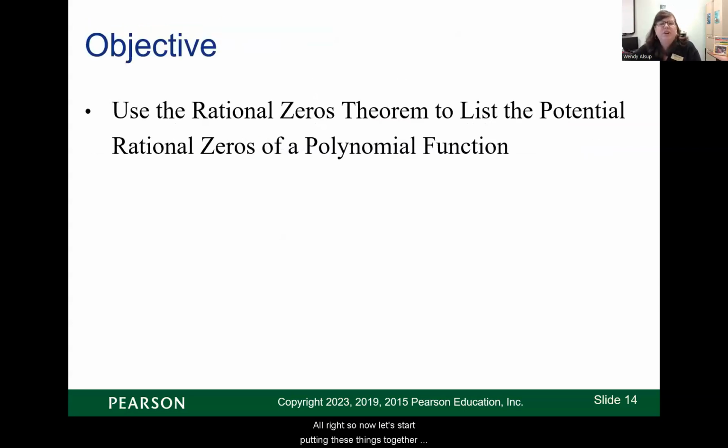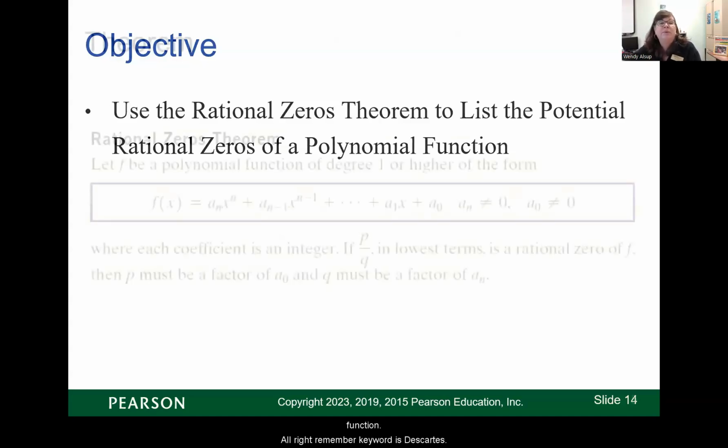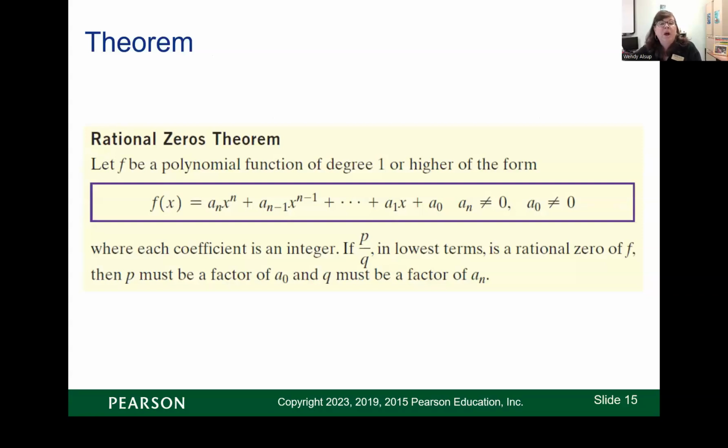All right, so now let's start putting these things together. Use the rational zeros theorem to find the potential rational zeros of a polynomial function. Remember, our keyword is Descartes. This is a new and interesting thing. It says that if you have a long polynomial function where each coefficient is an integer, not a fraction, so all of these things in front are integers, not fractions,